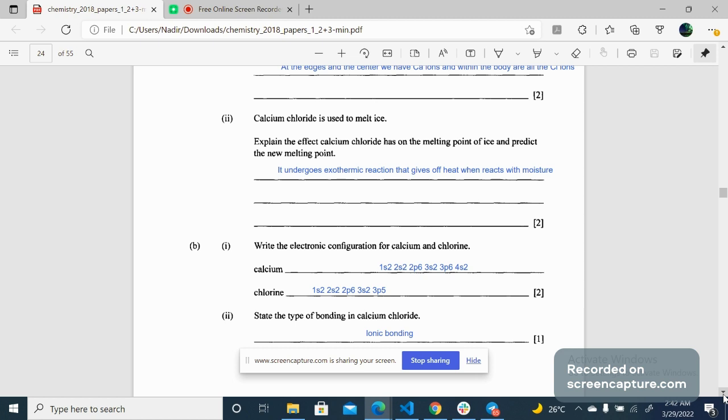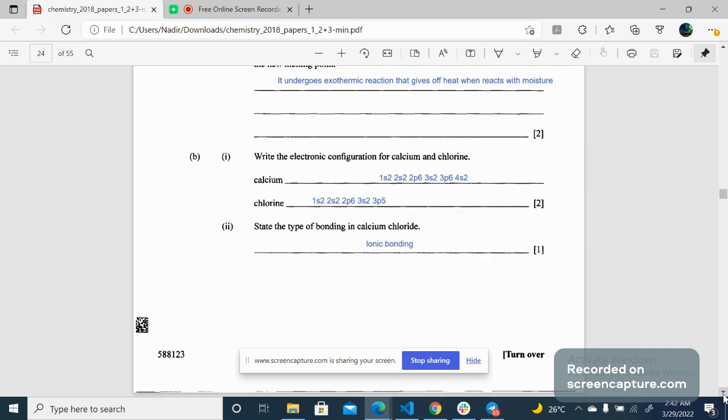All right, now we move towards the second part of subsection B. We have been asked to write the bonding that calcium and chlorine have when they form the compound calcium chloride. So it's ionic bonding. There are certain types of bonding depending on between which elements the specific bond is being formed. Sometimes it's covalent, sometimes it's ionic, sometimes it's metallic. But in the case of calcium chloride,